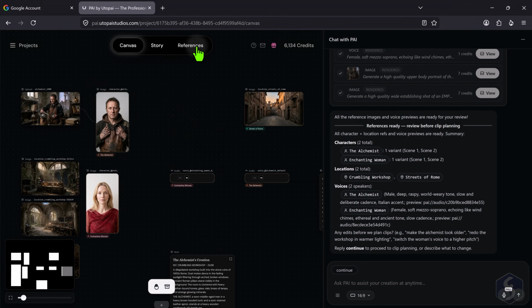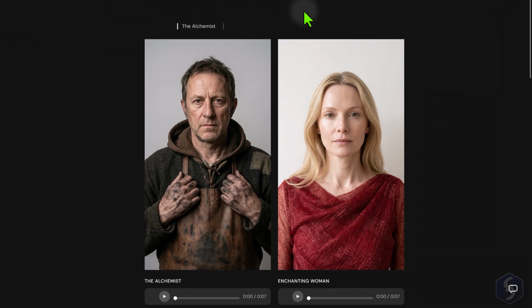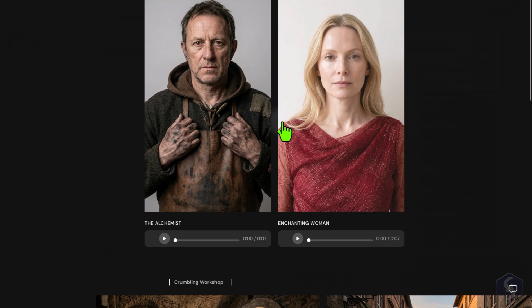All these generations are collected under the References section, where you can review all characters, their voices, and all selected